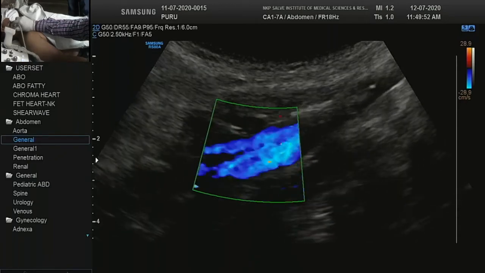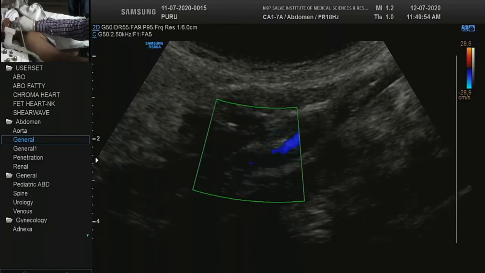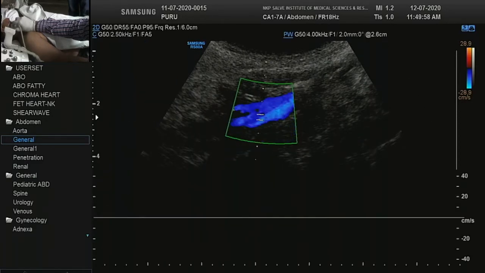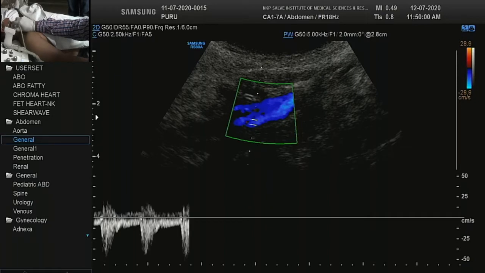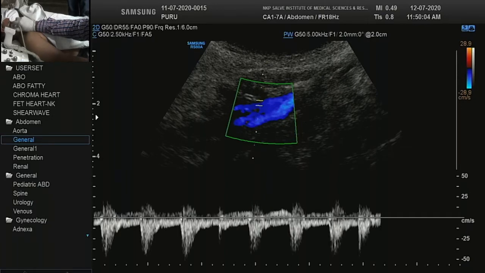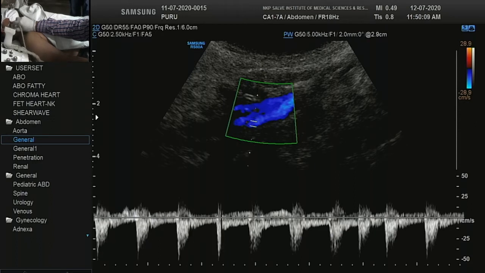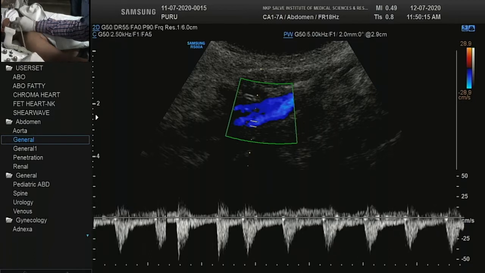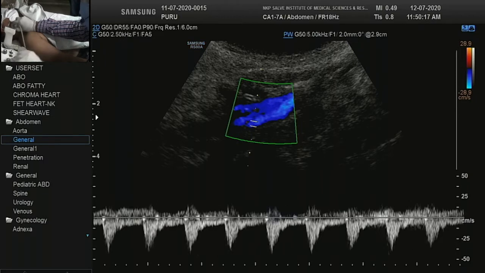So our perception was wrong, probably. We'll try to sample here. So this is the external carotid and this is the internal carotid. So whatever we had perceived was wrong, and we can see it very nicely.